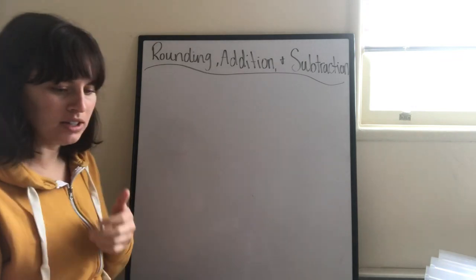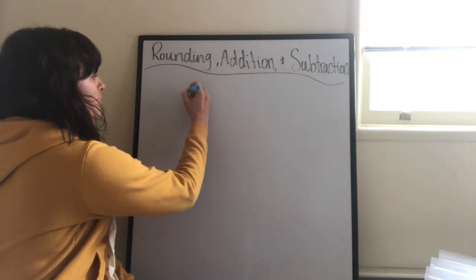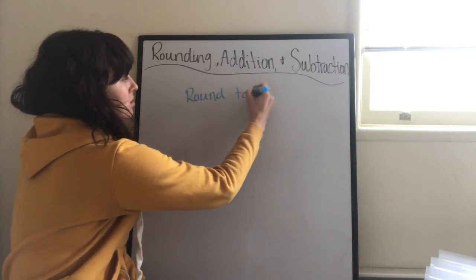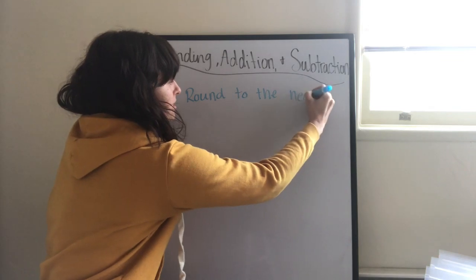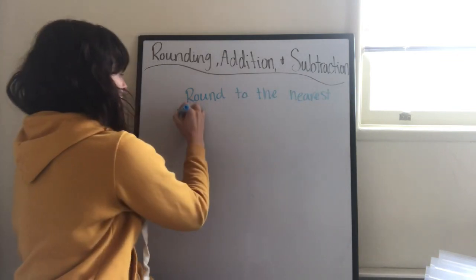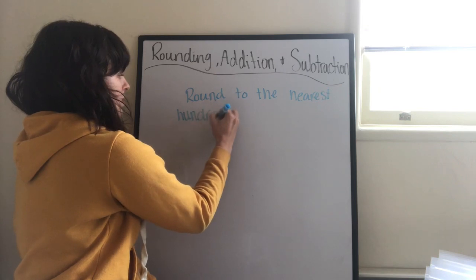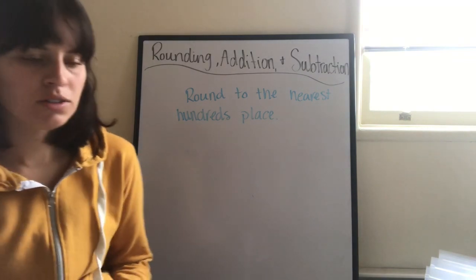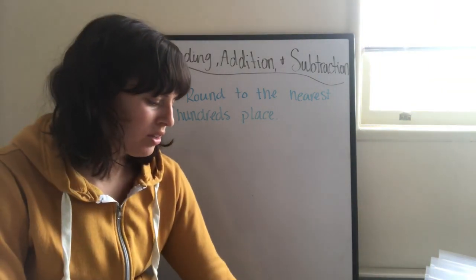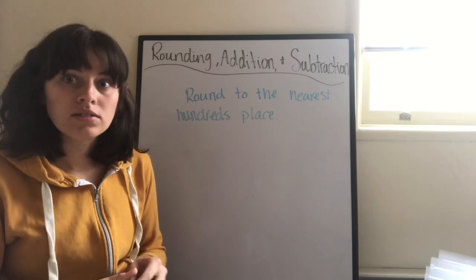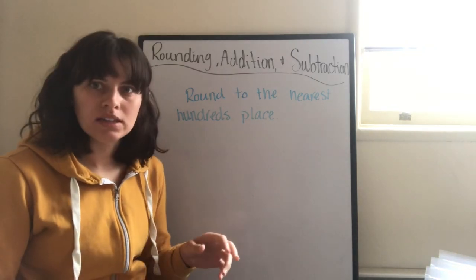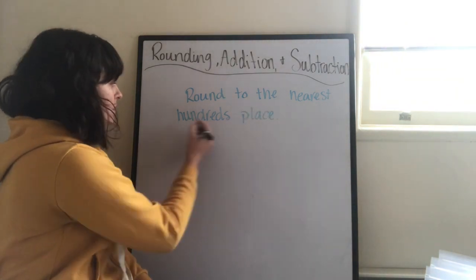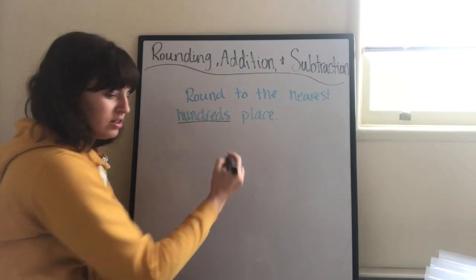So first thing, rounding, we'll use my example. Let's say I asked you to round to the nearest hundreds place. So we know what places are. We just did a review of it. We've done it at the beginning of the year. Ones, tens, hundreds, thousands, 10,000, 100,000, millions. We know all those places, hopefully. So this question is asking us to round to the nearest hundreds. So let's use the number